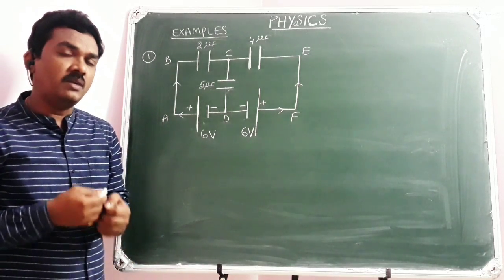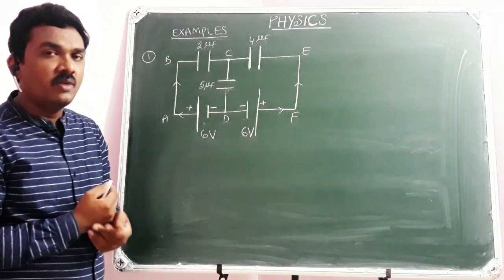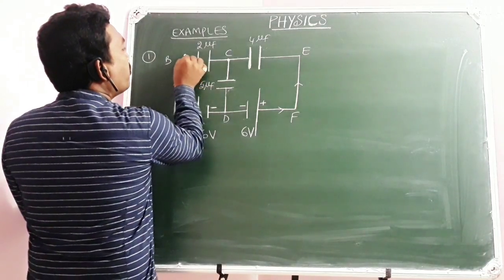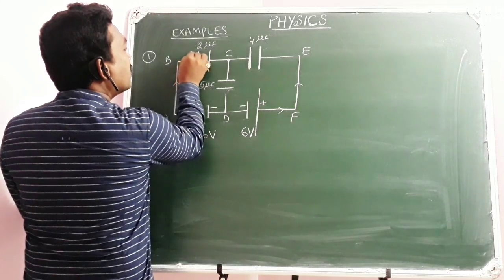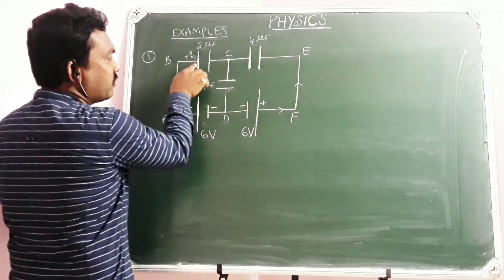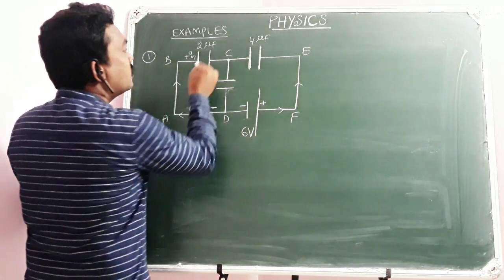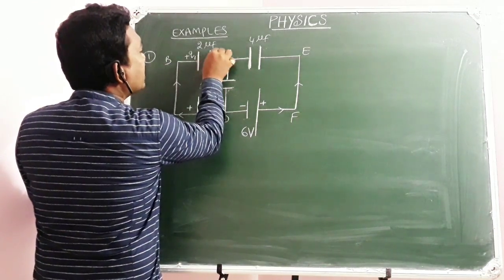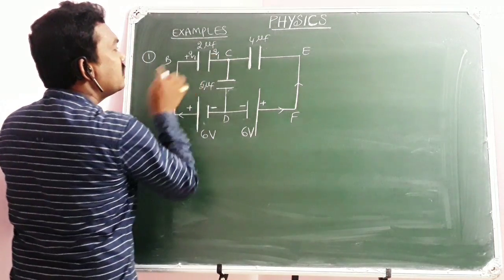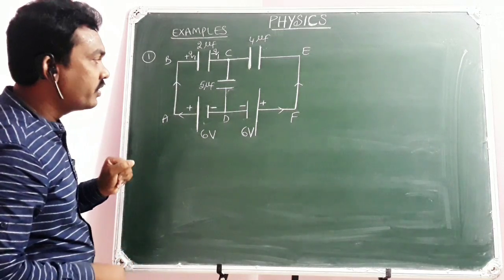Without worrying of that many more options, a very simple point. Let us suppose some plus Q1 charge is developed on this plate, because it is connected to the positive terminal, so plus Q1. So automatically on this there will be induction of minus Q1, because metal plates. Inducing charge will be same, minus Q1.